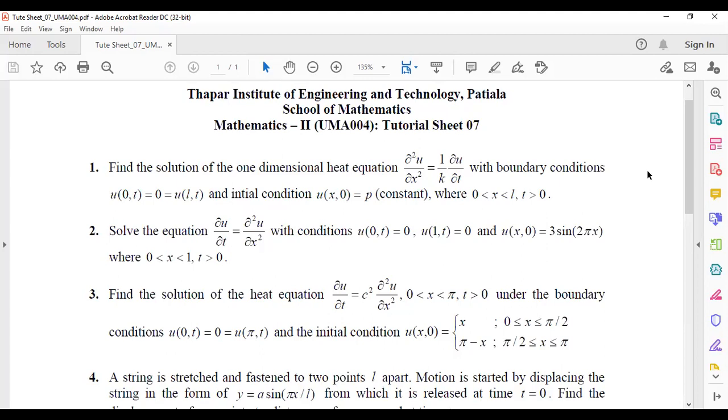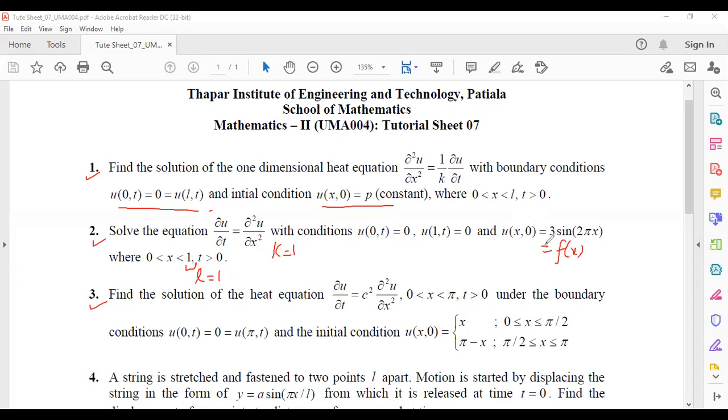These 3 questions are of heat equation. Find the solution of one-dimensional heat equation. So this is given to you, heat equation, boundary conditions are given to you, initial condition is given to you, length of the string is L. In the second question, you can see K is not there. So that means whatever solution you already know for heat equation, you will put K is equal to 1 and L is 1. So length of the rod in this case is given to you 1, and this is f(x),